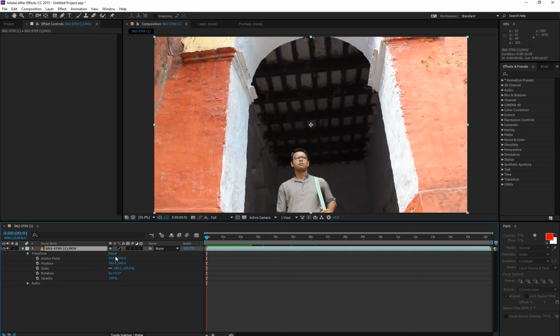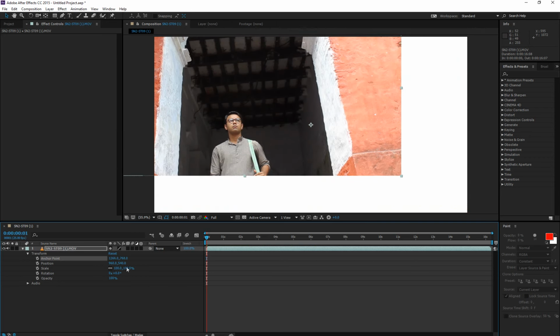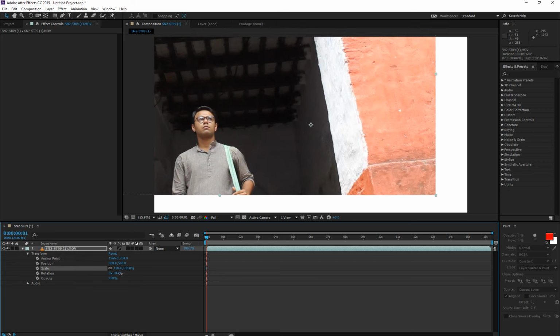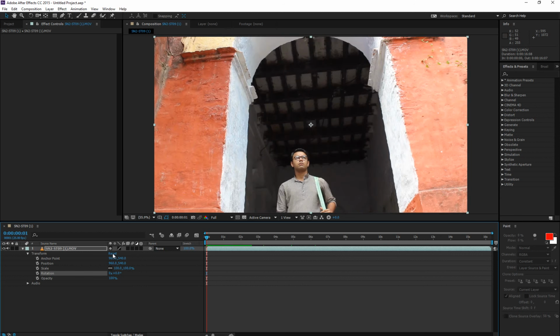And there is this reset option. If you make any kind of changes from here, let's say I'm going to scale it up and rotate, and whatever I do, I can hit reset and it's going to reset the entire thing. And it also creates a keyframe if the keyframe is turned on for all these parameters. You can see for all the parameters we have different keyframes. So to access all these